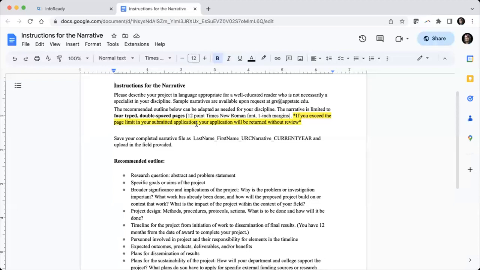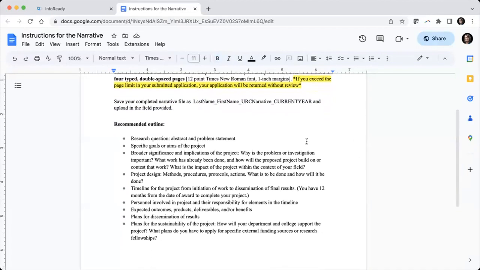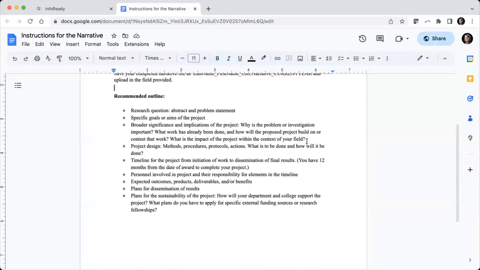If you submit ahead of the deadline during the technical review, you may have the opportunity to correct it, but please double check before you actually submit that your proposal follows these formatting guidelines. This is very similar to what external experiences are like and the expectations of external proposals. This is the naming convention we ask you to use for your narrative upload, and then we provide a recommended